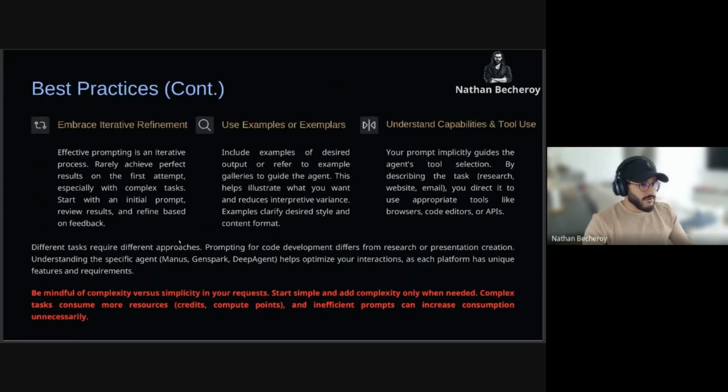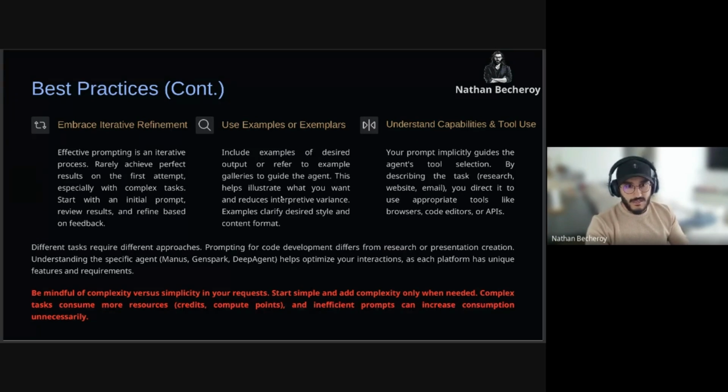Then let's go more in depth for best practices. As I said before, iterative refinement, use examples as exemplars. You can put some examples in your request to better guide your multi-agent tool. And then you need to understand that this is very important: you need to understand capabilities and tool use.